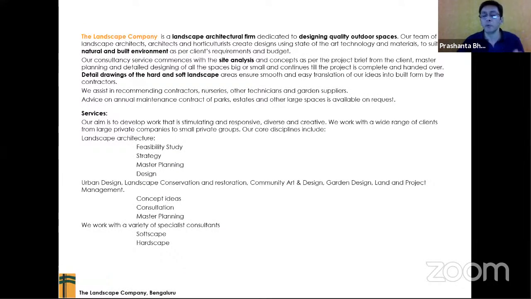The first and foremost important thing when you get into a landscape design is site analysis. One is to understand what your site is, what is existing there, what is the soil, how much water is available, what climate we are going to be designing in. And also to look at the context, what is happening around us. There is no point in creating a landscape that is exclusive; it has to merge into the context as well. So those are the things that are very important before we get into the concepts.